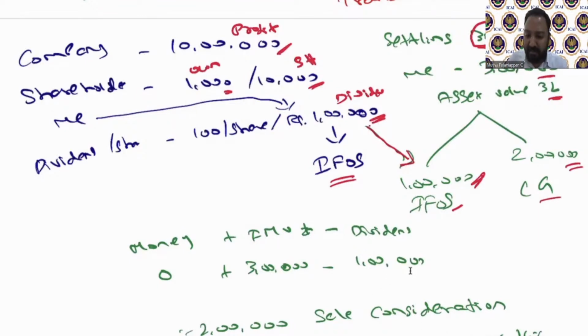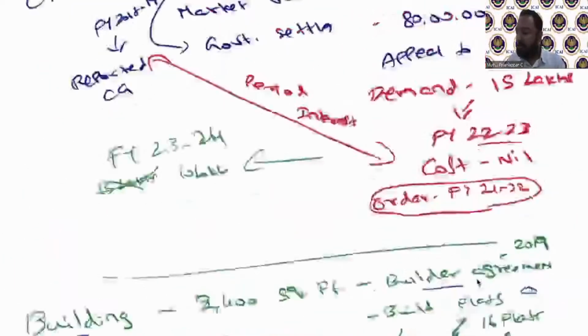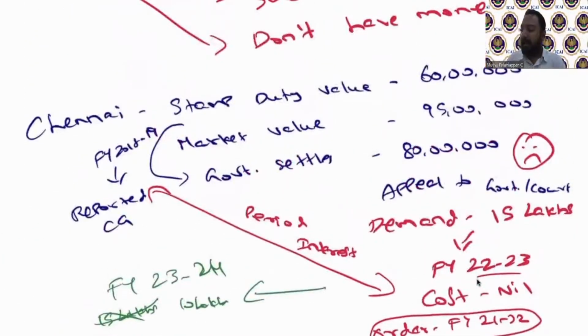Shivlani, in case of the enhancement, the 80 lakhs received in the year of sale will be taxed in that year, and I think I answered you. Your answer is correct. In our example, the 80 lakh will be taxed in the year 1890, and the balance 15 lakhs will be taxed only in 22-23. So your understanding is correct.